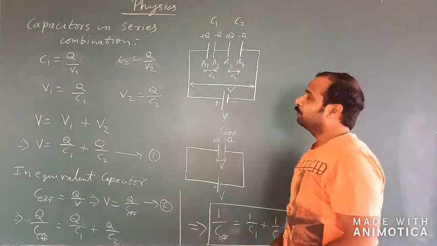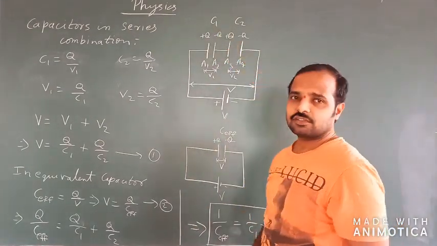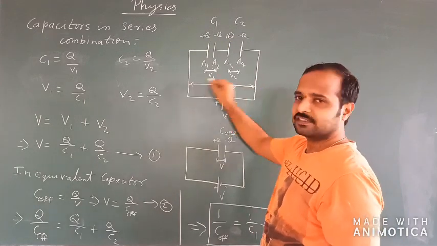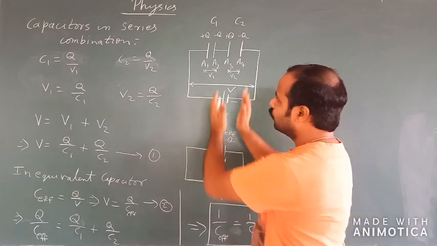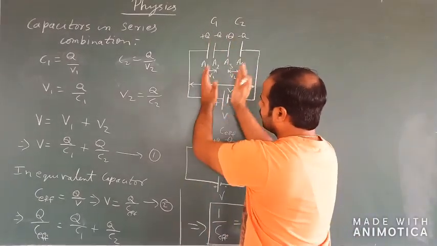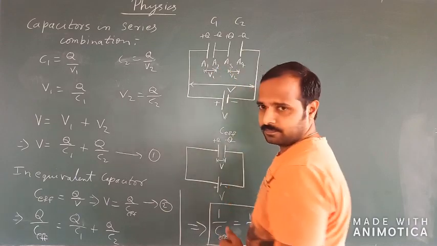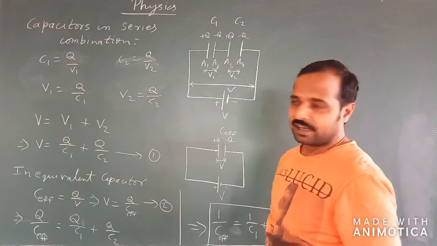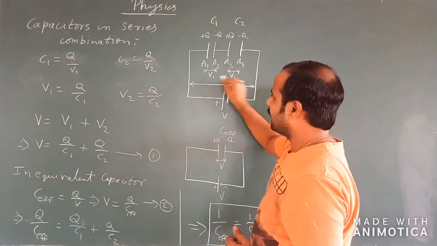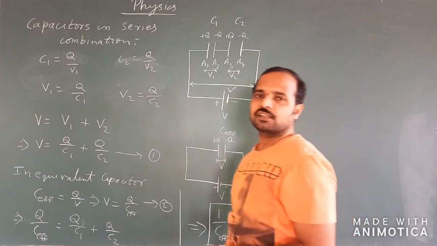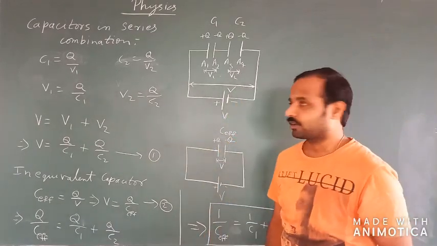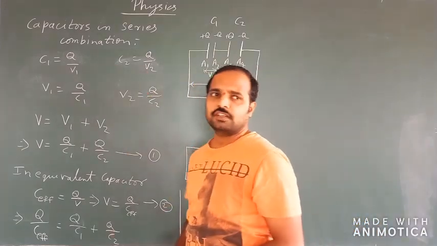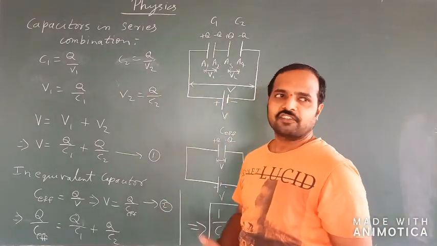Now remember one thing: based on the capacitance of the two capacitors, the applied potential difference across the circuit gets divided into two parts. Across C1 the potential drop will be V1, and across C2 the potential drop will be V2, and when the two potential drops are added, they give the total potential difference applied across the given circuit. We are going to use this same principle in the actual derivation of the effective capacitance.